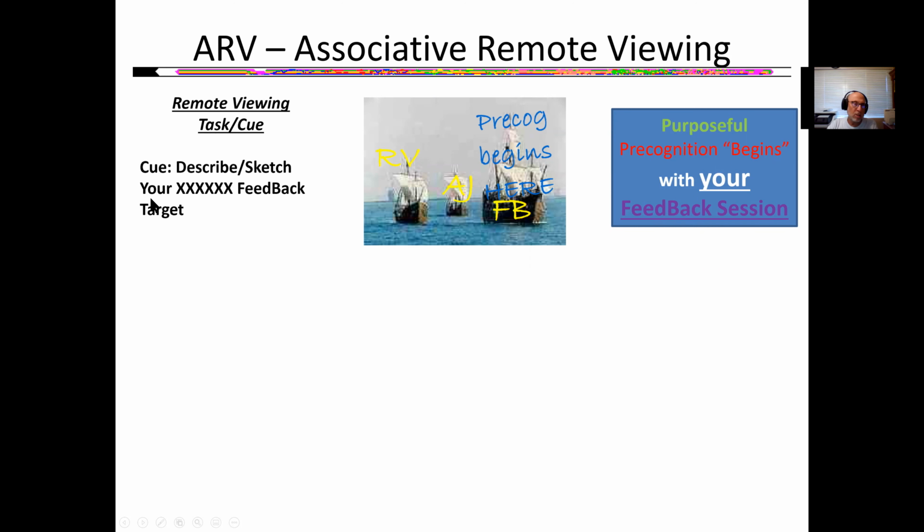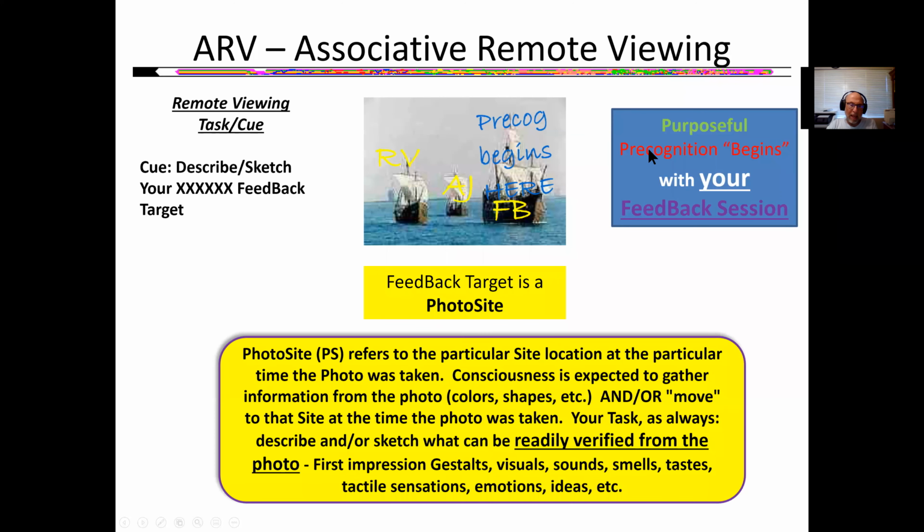And it starts as we indicated: describe and sketch your, we happen to use 6-digit numerical coordinates for the target reference number, but the cue is always this. Very clear, I think. Describe and sketch your XXX feedback target, which is this one. Now, what is the target? The target is a photo site, and I've tried to clarify it here because in many people's minds it's a little vague, and the viewer is in charge, but this is what I see